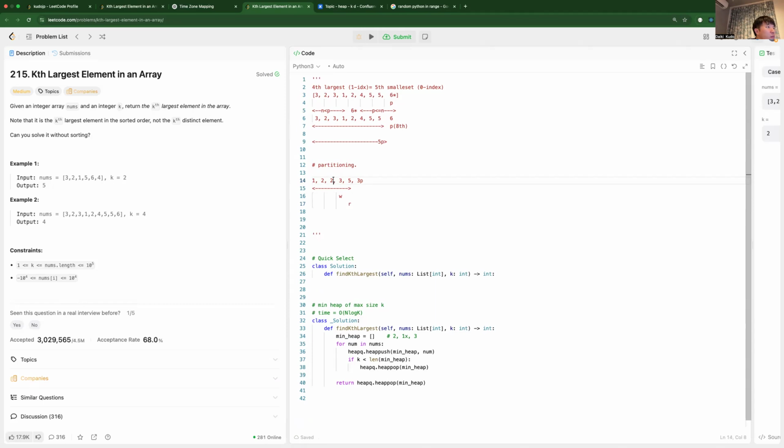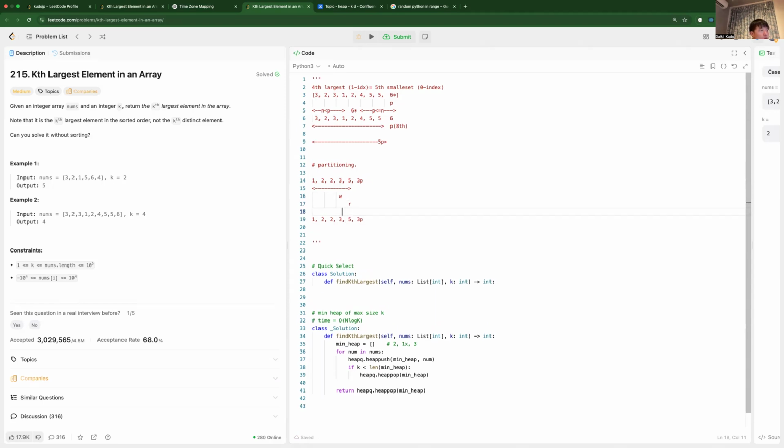So in this way, I can say numbers before writer are smaller than the current writer position number. And this can be something like 4. This writer position is not necessarily the pivot number. In this case, by chance, it's 3. But anyway, what I will do is swap the current writer and pivot. So after swapping, in this case, it's the same, but it becomes like this. So in this way, now numbers before pivot 3 are smaller, and numbers after pivot number 3 are larger or